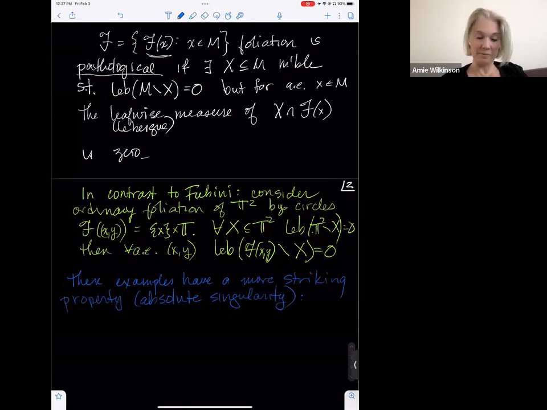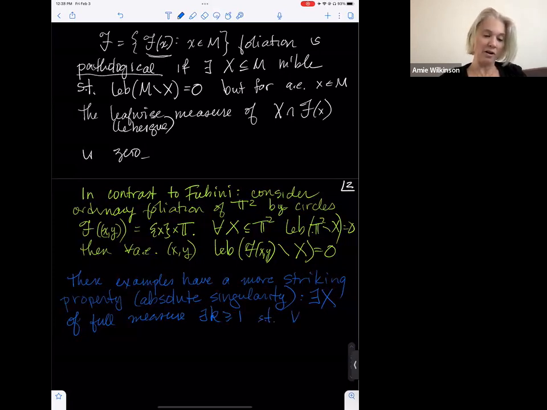And that's even stronger. It says that there exists a set X of full measure, so the complement has measure 0. And there also exists some integer k greater than or equal to 1, such that for almost every